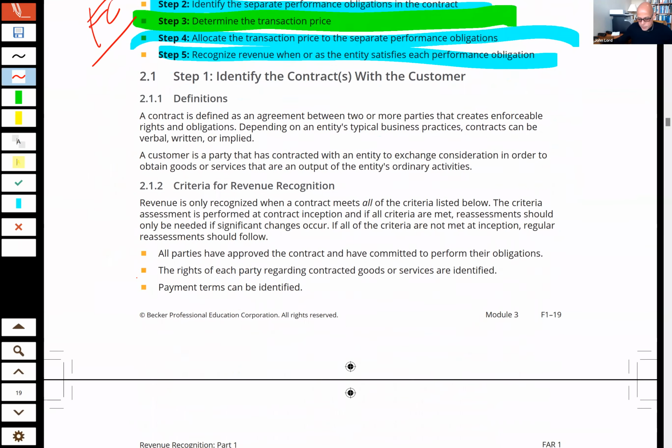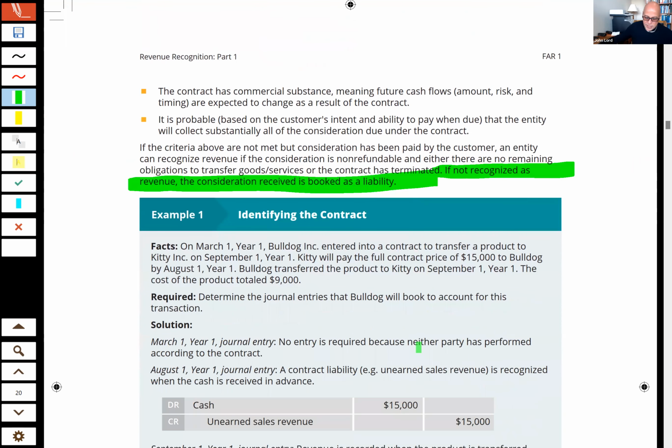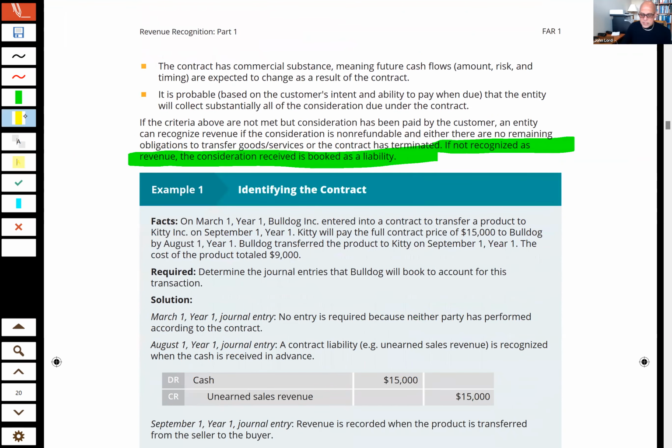of modules, okay? Now, as I've already stated, if you can't recognize the revenue for whatever reason, you haven't satisfied the performance obligation, then the amount that you get in, which is almost always cash, or at least some sort of contract asset, then you haven't recognized the revenue yet, so you have to credit a liability. That liability is often called unearned revenue. You've known that for a long time, right? So let's go ahead and take a look at this example, okay?